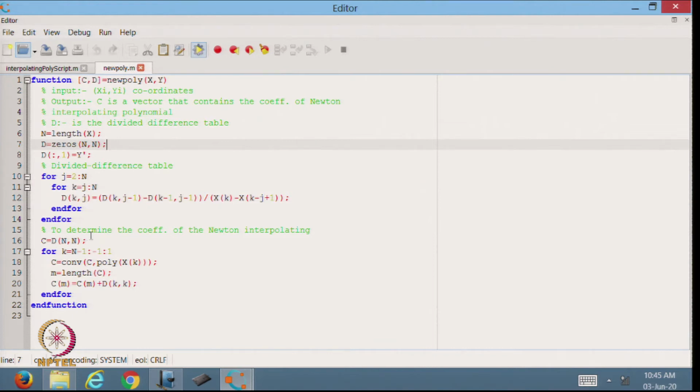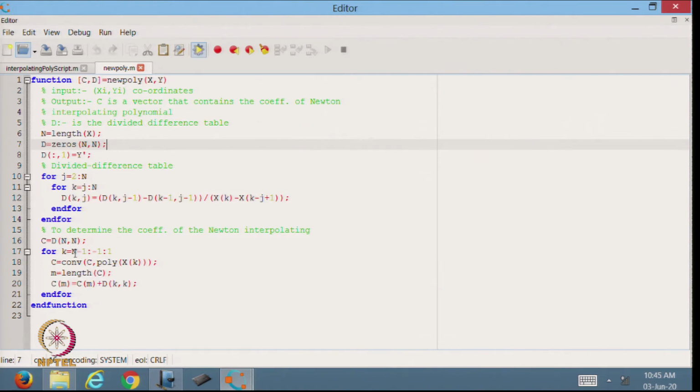So, I know that at the end of that column, if I keep going in each of the columns, that is giving the first divided difference, second divided difference, third divided difference, and it depends upon the number of values. Suppose I have 3 values, then I know that I can go up to second order difference. So, in this case my matrix will be 3 by 3. So, first column will be y, the second column will be the first divided difference and the third column will be the second divided difference, and that contains only one value. So, this is my C is equal to d n n.